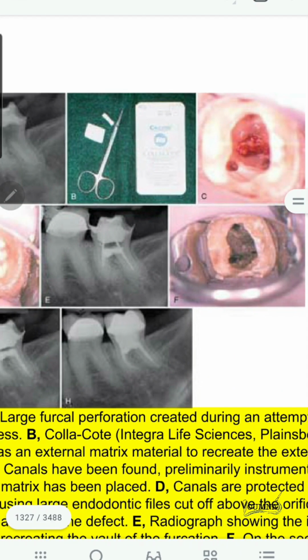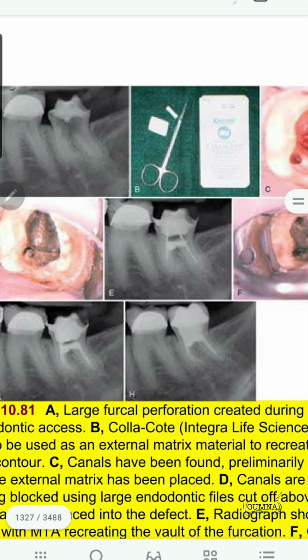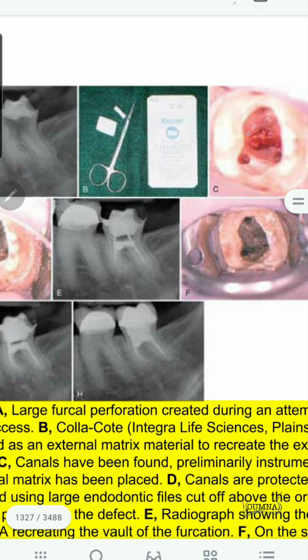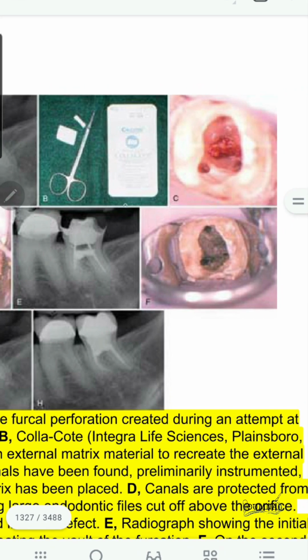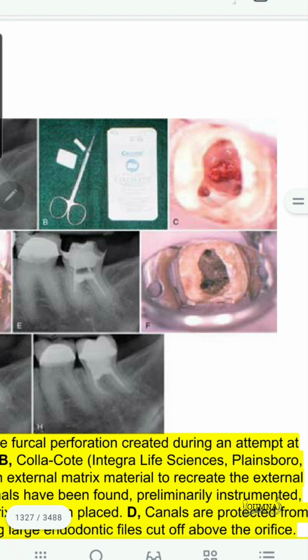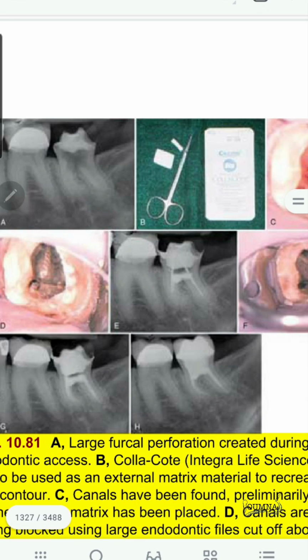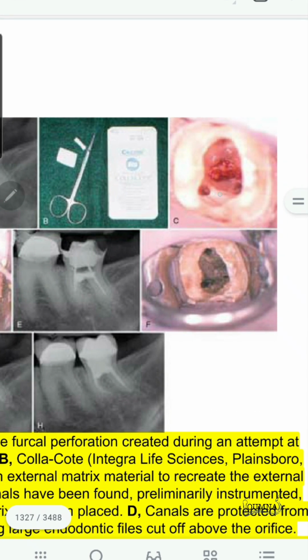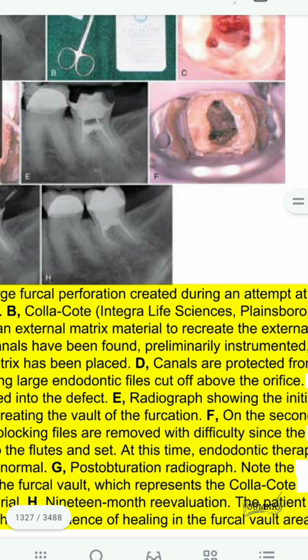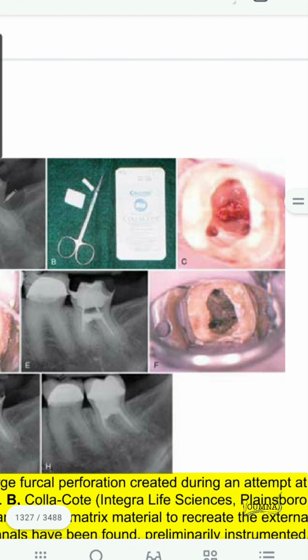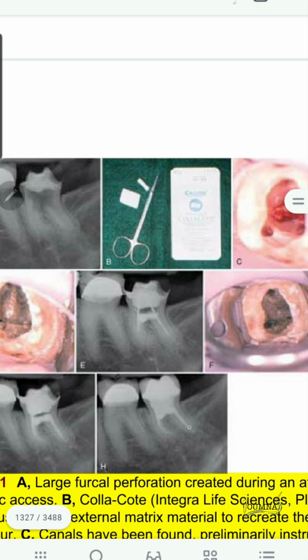Now let's see how we deal with perforations. Here we have a furcation perforation in a multi-rooted tooth. The first step is to control the bleeding and isolate the tooth using Teflon. Then we close the orifices of the canals. After that we apply the MTA after mixing it to the space, and we insert wet cotton over it and close the tooth and wait for another appointment until the MTA